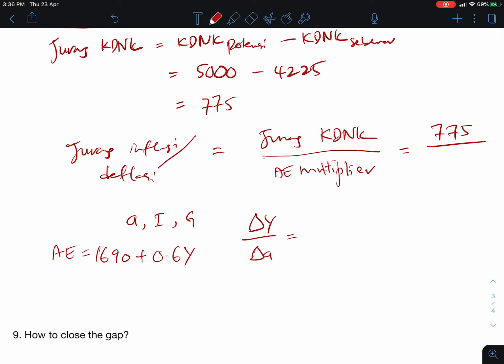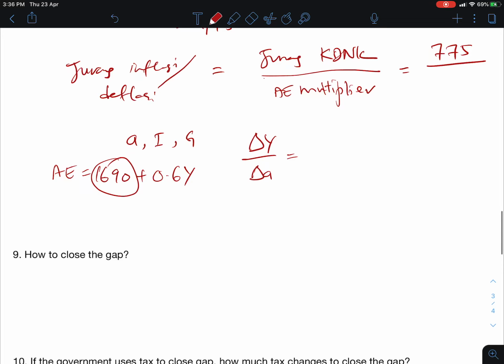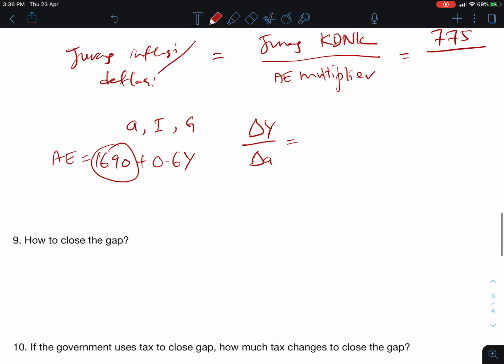So we have the component of A inside 1690. Okay, so if I want to show you how to get this, it's quite long. Okay, it's quite long. I think it's better to give you the